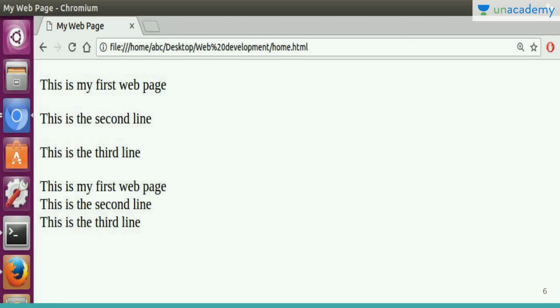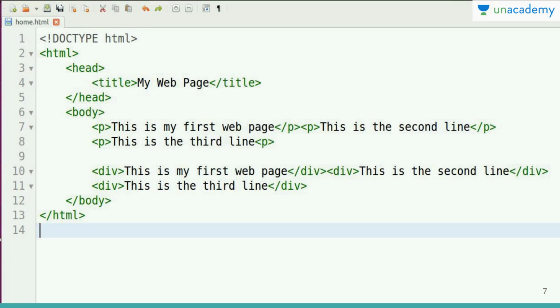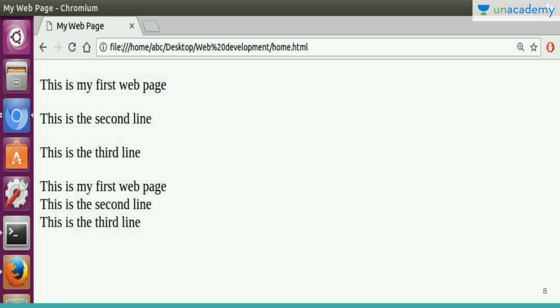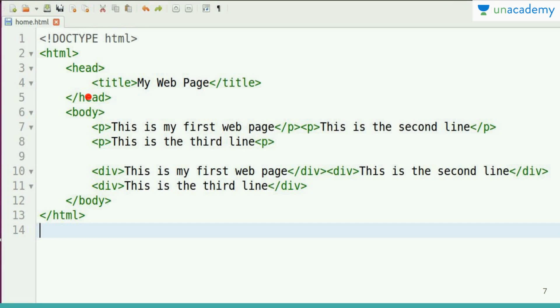Now go to your code and modify it this way. We are writing these 2 lines in the same line. Let us see our output. Again we got the same output, though we have written these 2 lines in the same line. In the code we have 2 lines together.